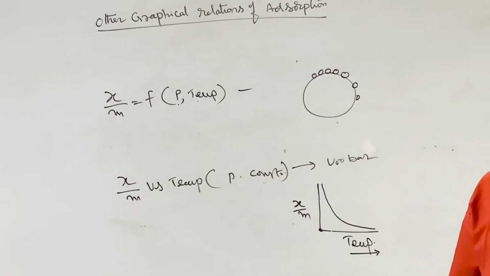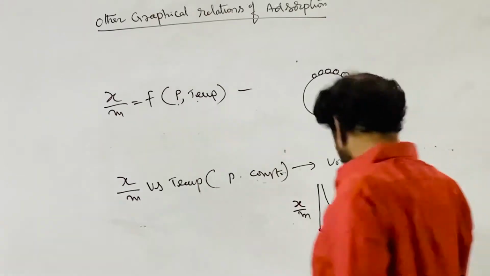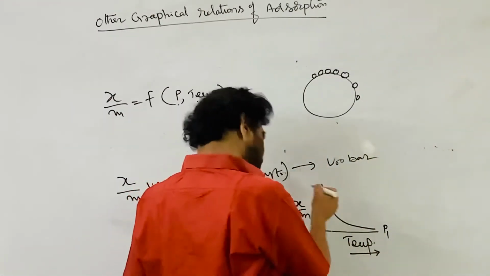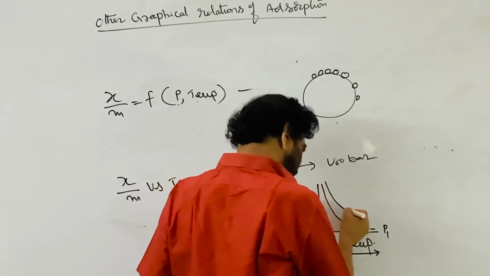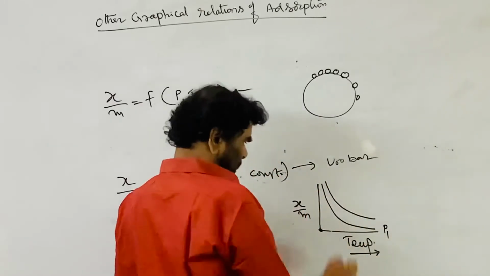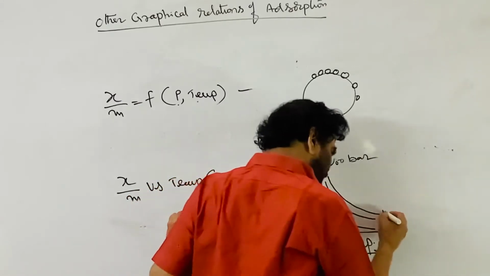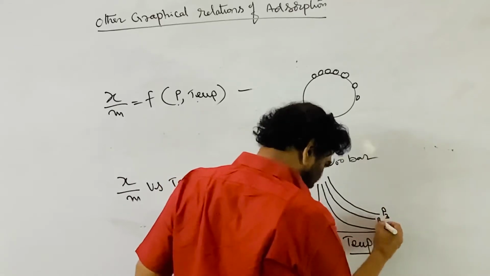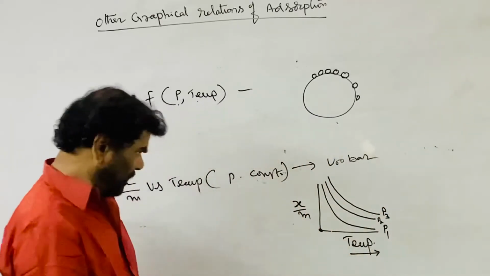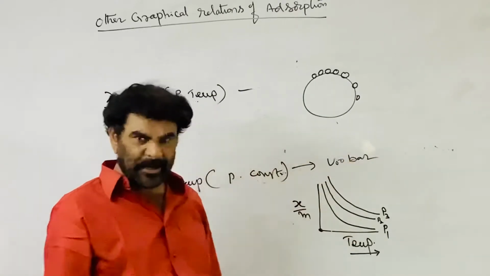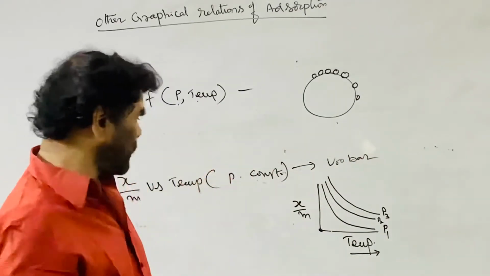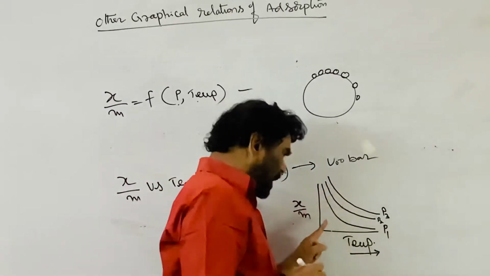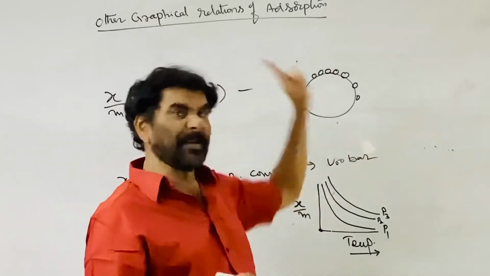Right? Next one. See, at a different pressure, it is P1. So at P2, the same relation, what happens? This is the case at P3. Different pressures. This is one experiment at P3, this is one experiment at P2, this is the relation. What is happening? As the pressure increases, the extent of adsorption increases. Therefore, in this graph, these are the adsorption isobars under different pressure conditions.